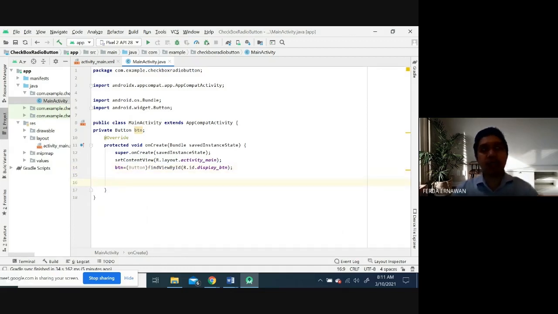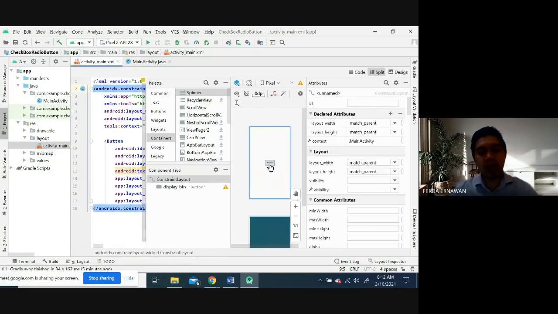So next one is, let's say I'm going to design an application. Let's say the user clicks this button, it will pop up some information or message at the bottom, only for a few seconds.